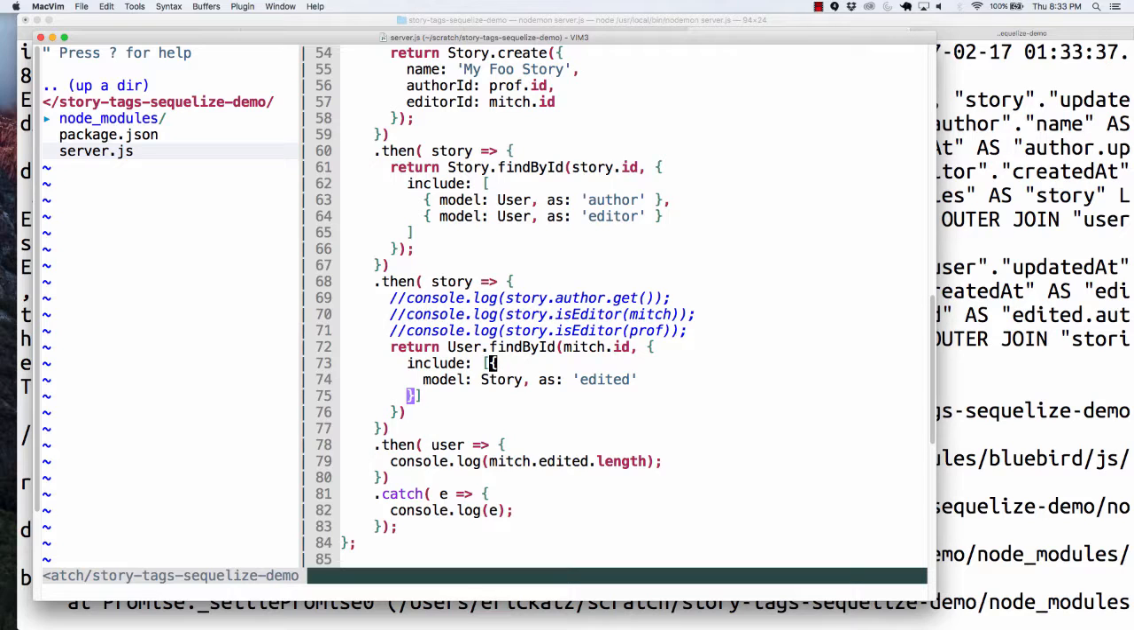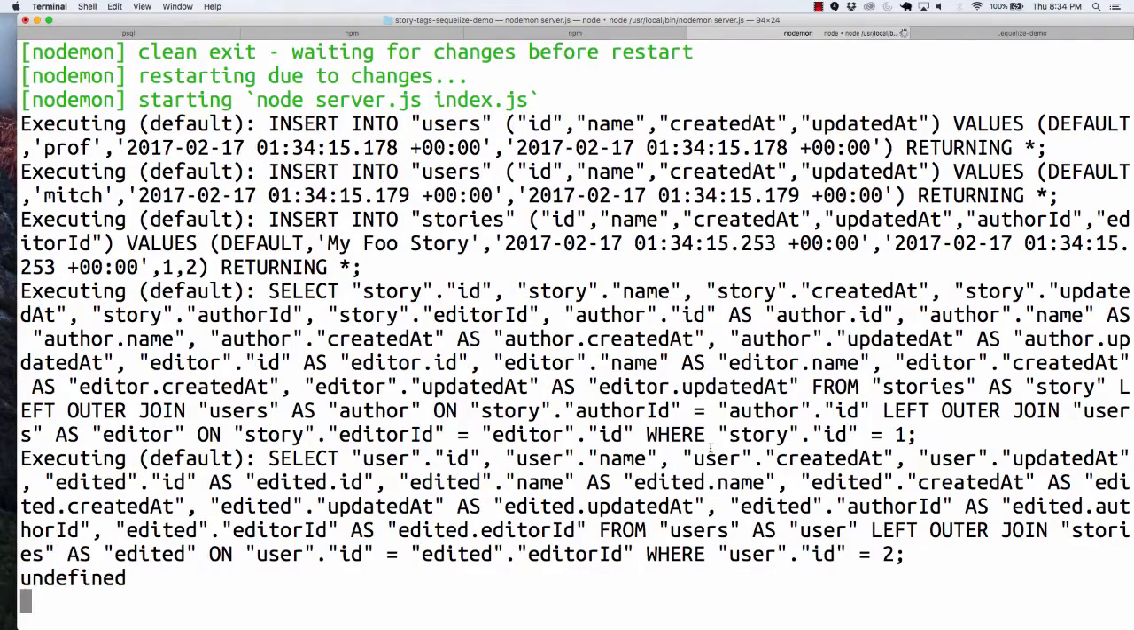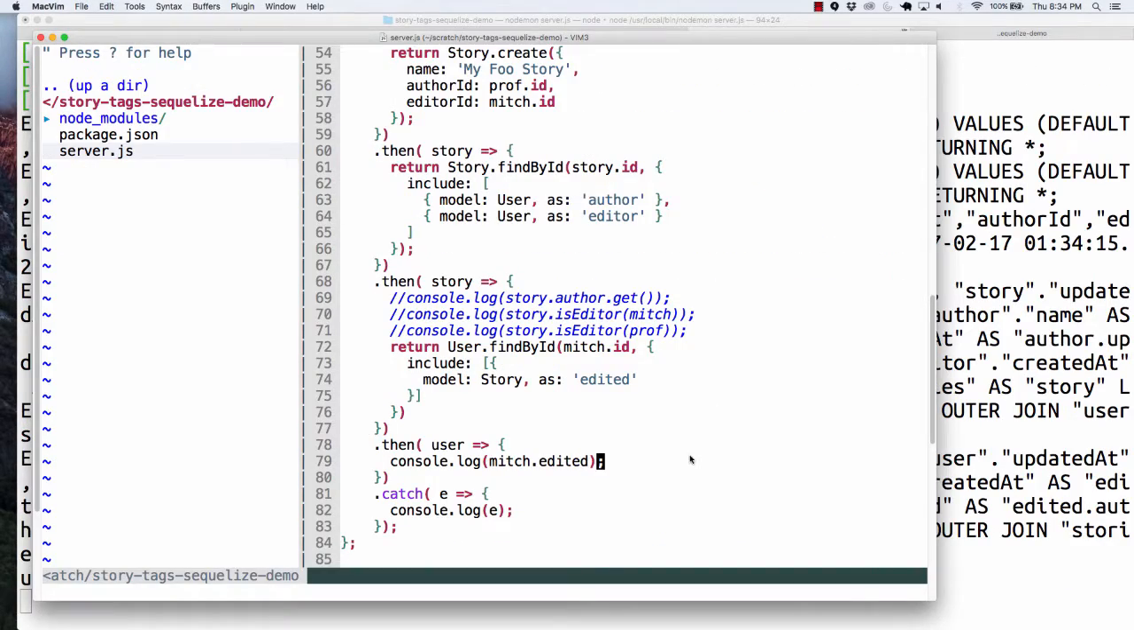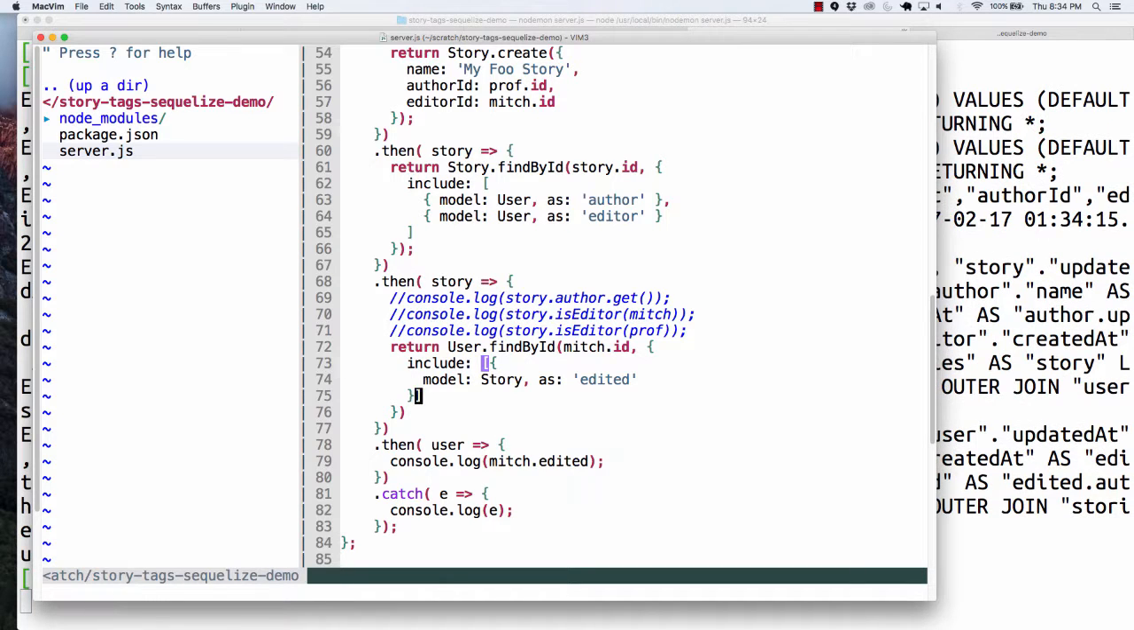Find by ID, include model story as edited. 179, that's probably the error. This is the error, right? This is going to be undefined. Am I nuts, or was that working before? You did put a throw in there. Wait, you saw it until you got to the user